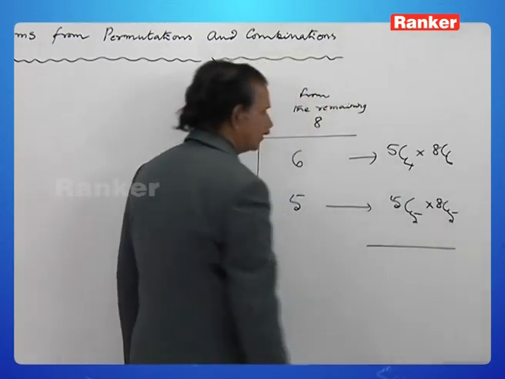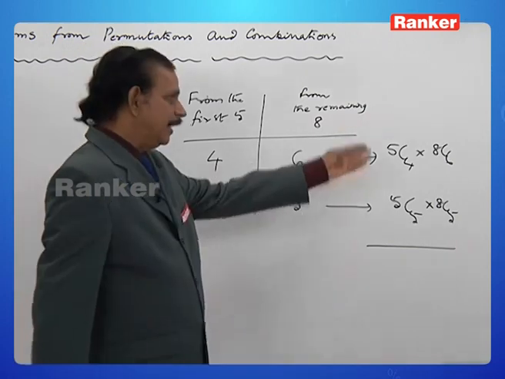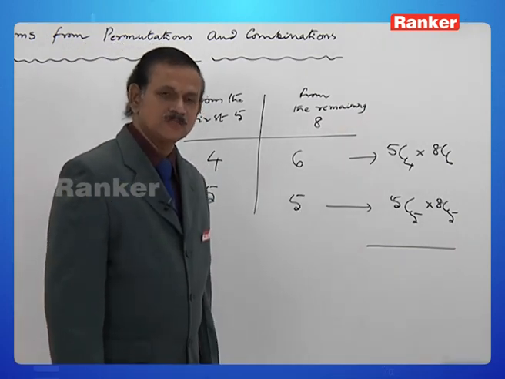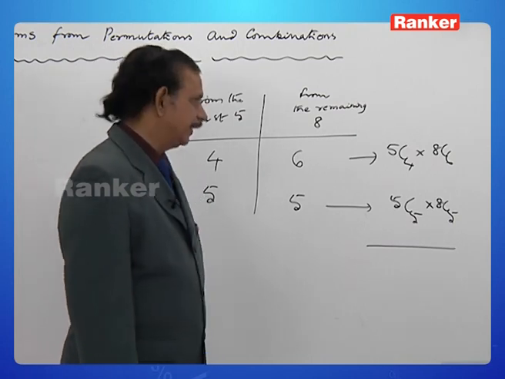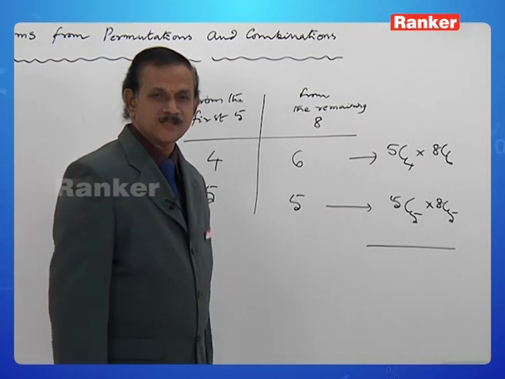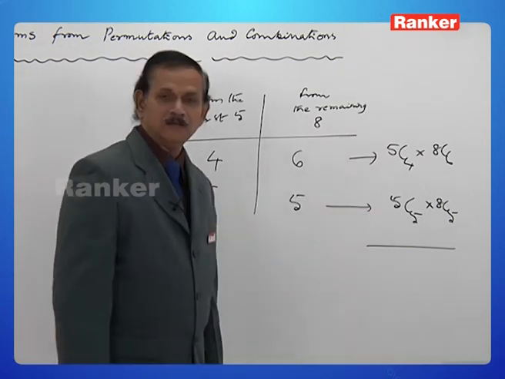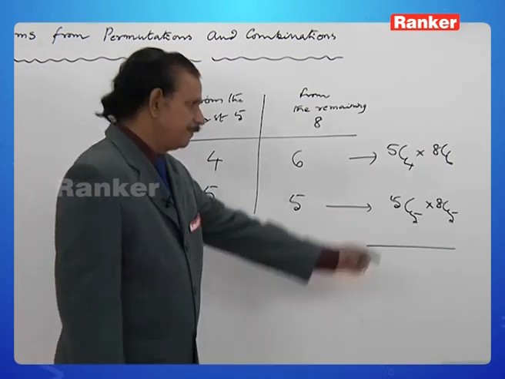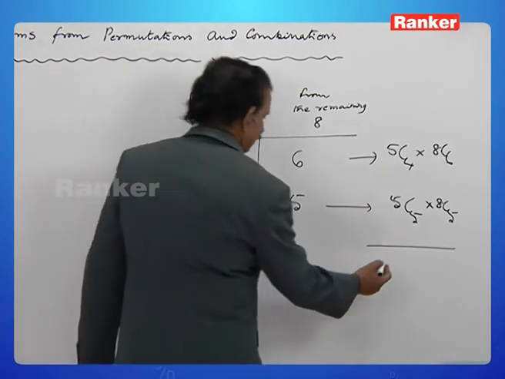Altogether, what is the total number of ways? 5C4 is 5, 8C6 is 8C2, and 8C2 is 8 into 7 by 2 factorial, that is 28. 5 into 28 is 140. And again here 5C5 is 1, 8C5 is nothing but 8C3, which is 56. There it was 140 and this is 56. All together this is